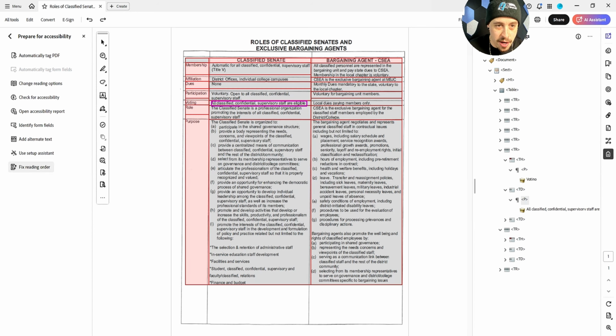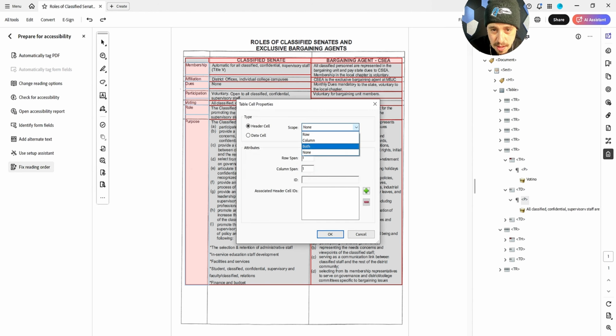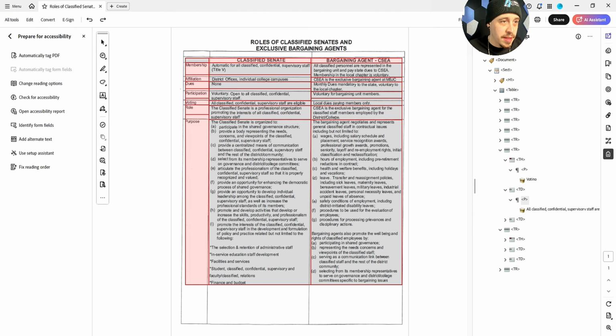Right click table editor. Strange. It's as if the cells are not matching up here using this feature. So we'll see how this comes out. We're gonna change the scope to row. Select OK. All right, let's go ahead and run the